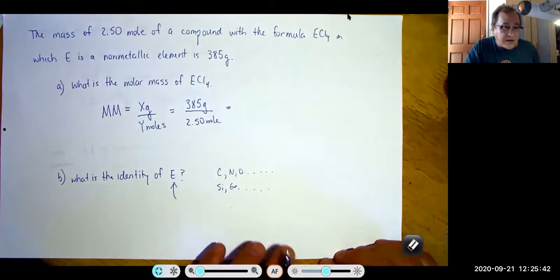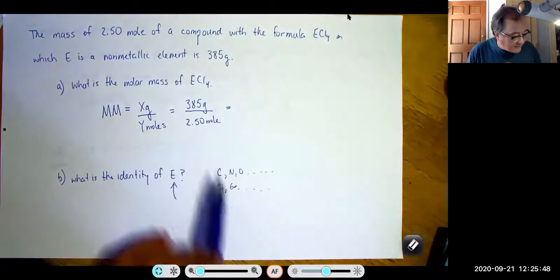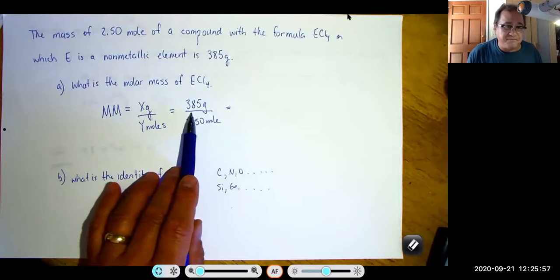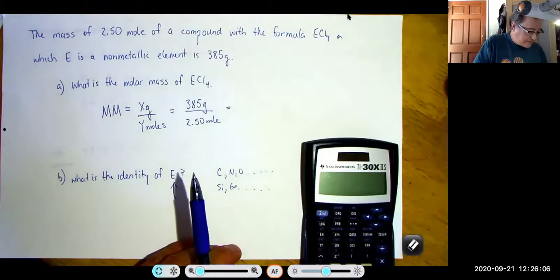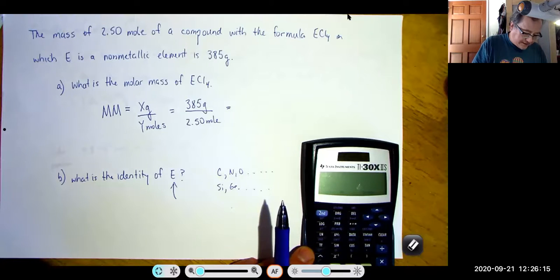Now, of course, we do not want to leave this in decimal form. So I'm going to do 385 divided by 2.5. And I think it's going to go in there 100 times, plus another, say, 25, plus another 6. So that's what, 126, roughly? 385 divided by 2.50, and we get 154